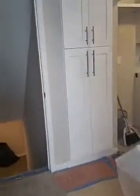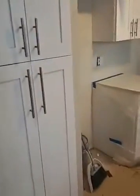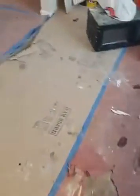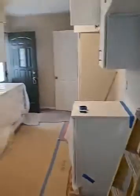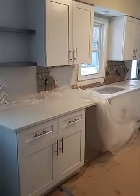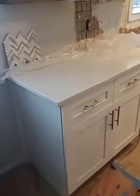And here we come in. So here is our almost done kitchen. I'm going to take you guys from the other angle. If you remember, we didn't change the floors in here because they were fairly updated and it didn't need to be done. But here's our kitchen right now. We did white shakers, and this time we did a little bit of a different top because we